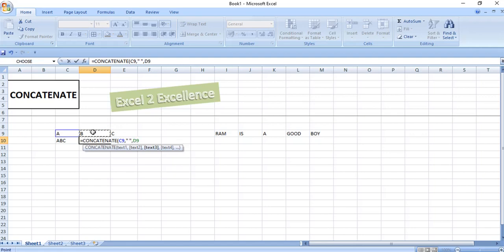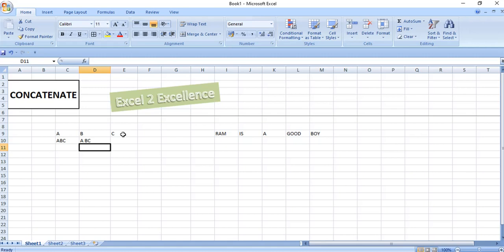Now select B and C. Close this parenthesis. You will find a gap in between A, B, C.